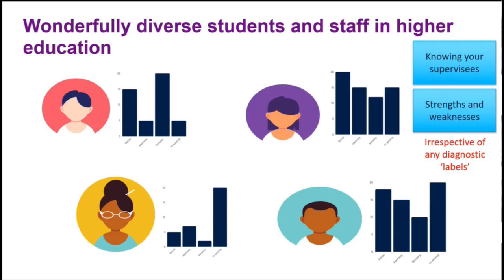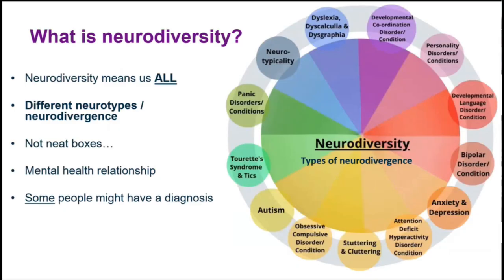So I always challenge people to really think about how much do you know about your own profile of strengths and weaknesses and feed that into your supervisory practices. And equally, how much time do you take to get to know the profile of strengths and weaknesses of your supervisees as well. But of course, we might be focusing on other aspects of a very broad neurodiverse profile, neurodiverse society and community of postgraduate researchers and colleagues.